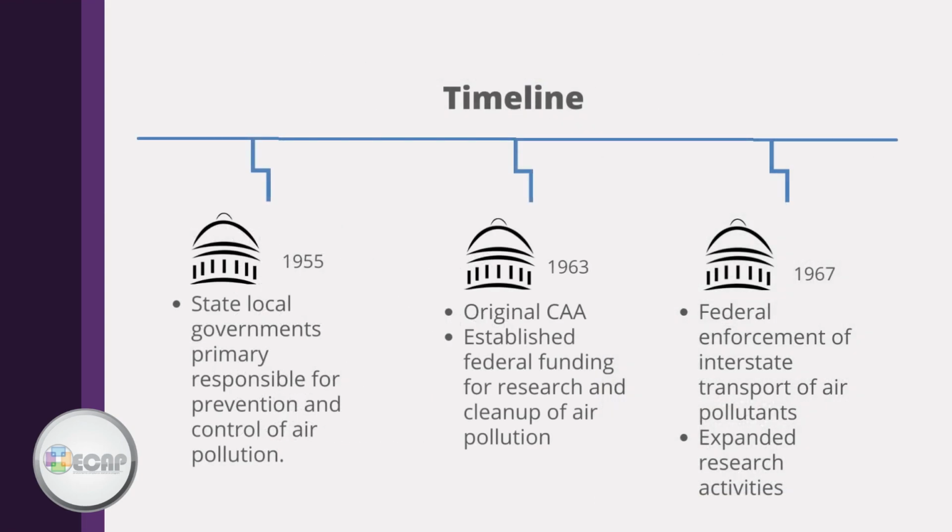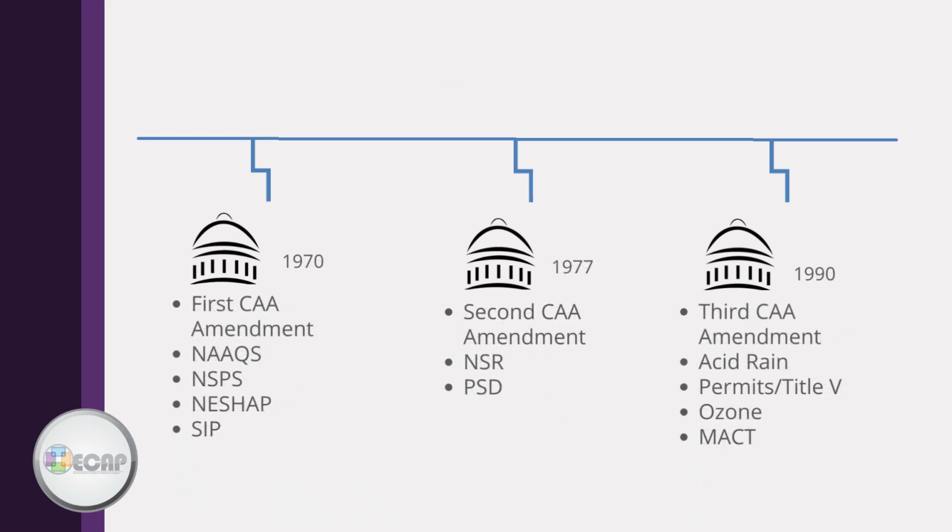Several federal and state laws were passed, including the original Clean Air Act of 1963, which established funding for the study and cleanup of air pollution. In 1967, the act was amended, allowing for federal enforcement of interstate transport of air pollutants and expanded research. The Clean Air Act of 1970 produced a major shift in the federal government's role in air pollution control